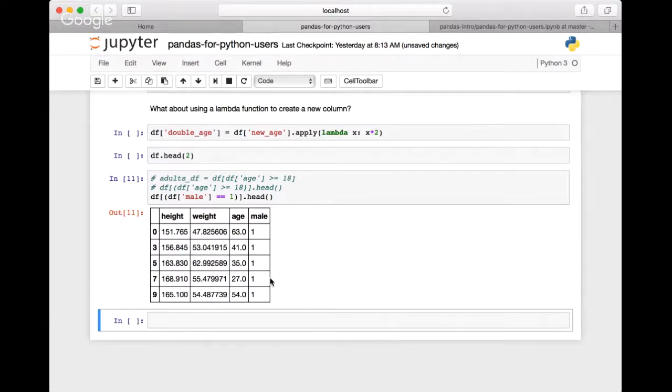Sorry, all the odd rows contain male information, except for one. All right, maybe it's not true. So